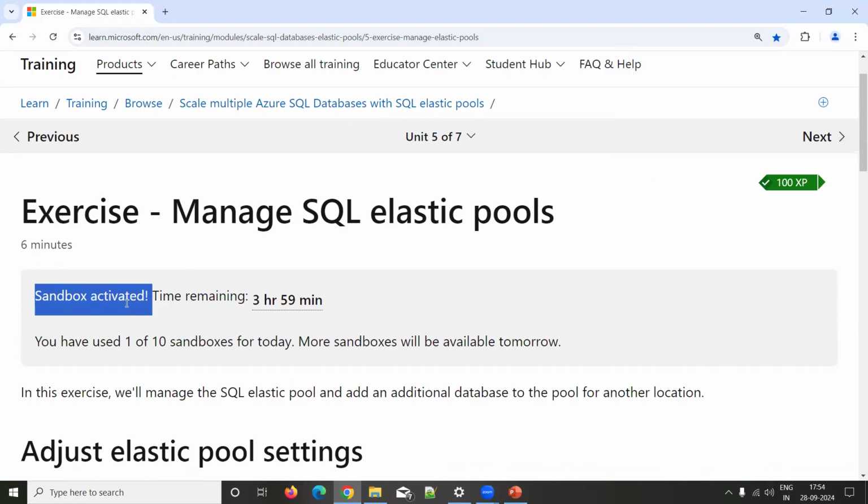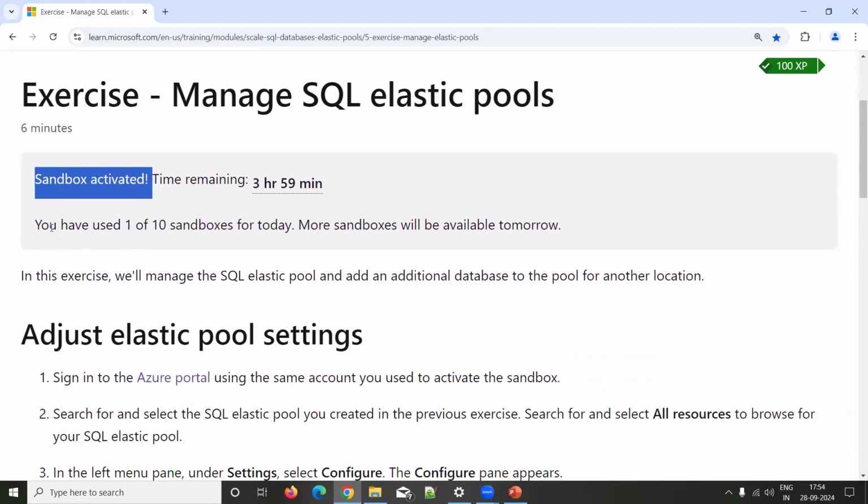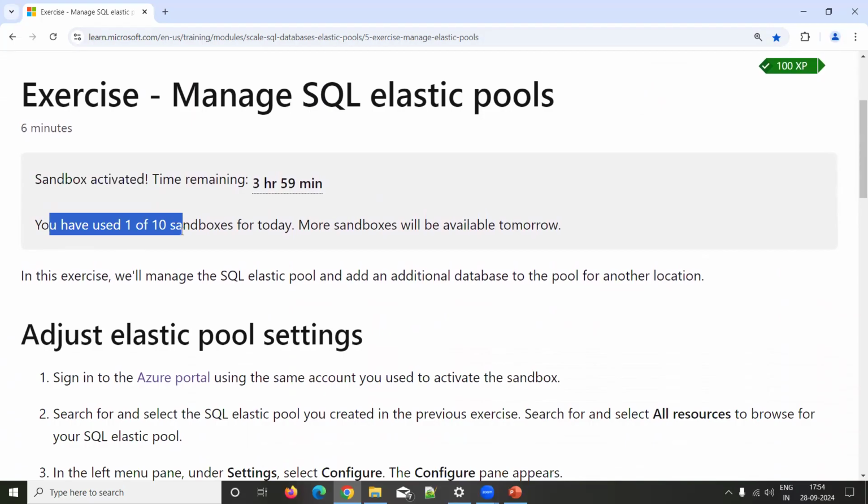Sandbox is activated. Per day you can use 10 sandboxes. One sandbox will be available for 4 hours. For the 4 hours, you can log in into your Azure portal. See here, the link is available. If you click this one, it will be navigated to the Azure portal,